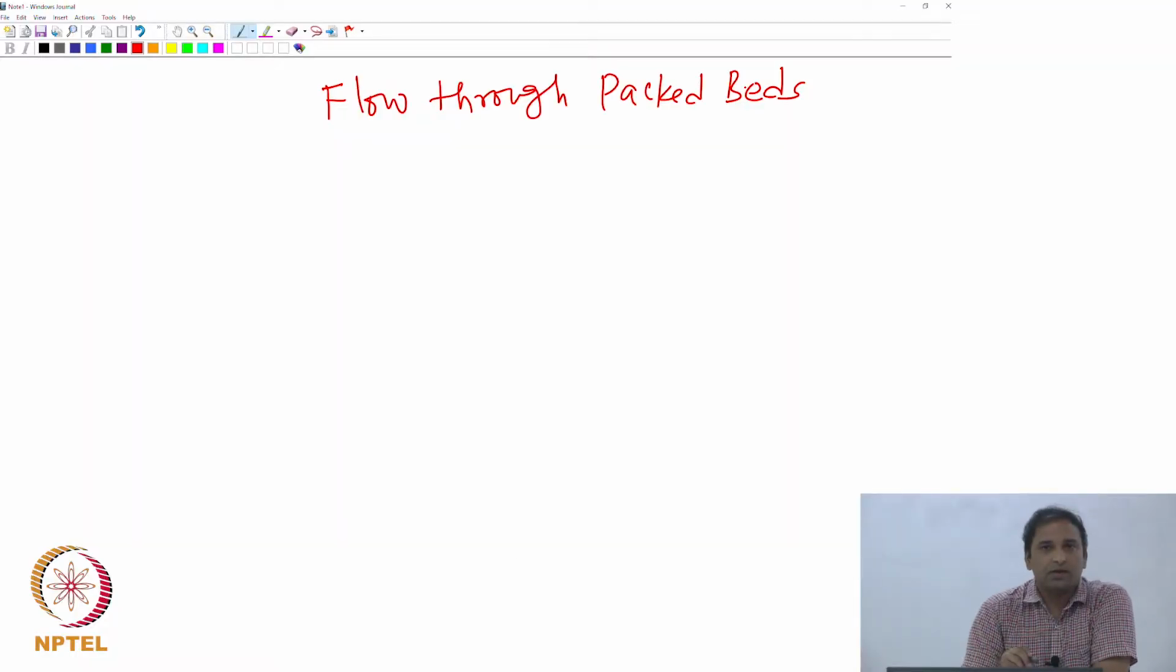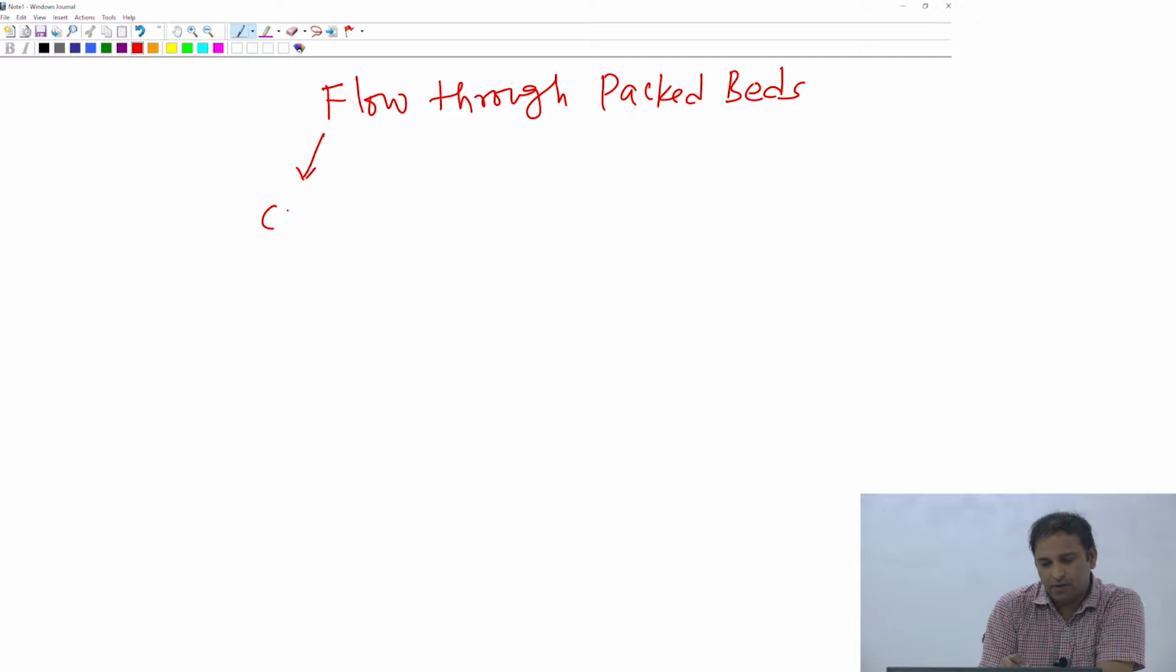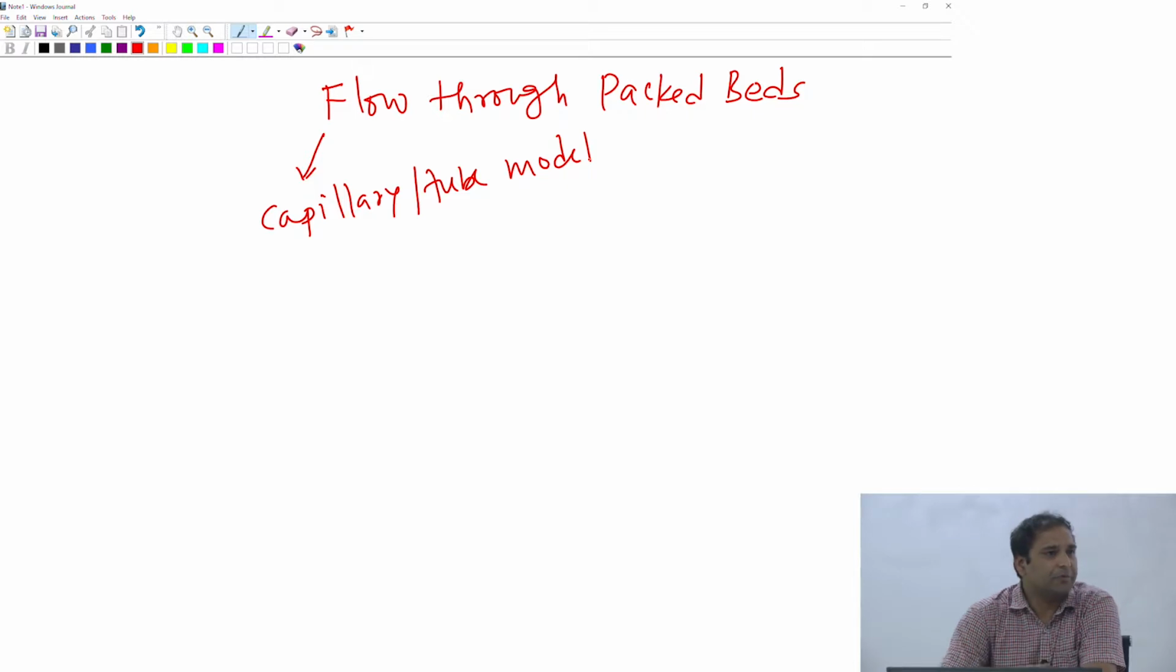So what we were looking at in the last classes, we looked at a concept called the capillary model, or tube model, right? Which is a methodology which has been developed to correlate delta P by L, which is the pressure drop per unit length of the packed bed, to properties of the packed bed, in terms of V naught bar, which is the superficial velocity, right, of the